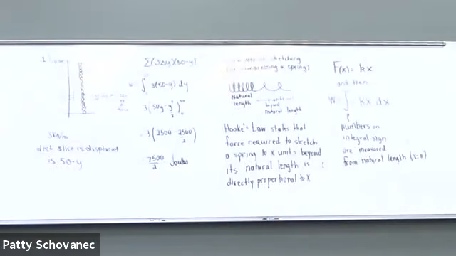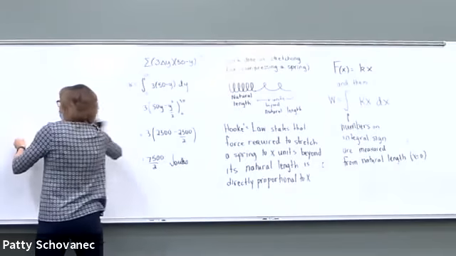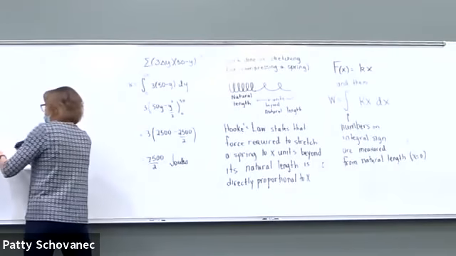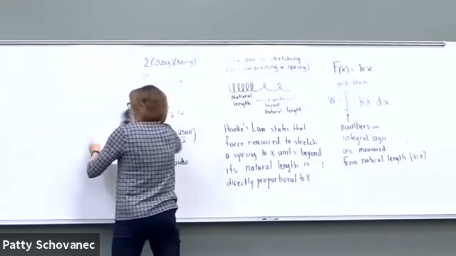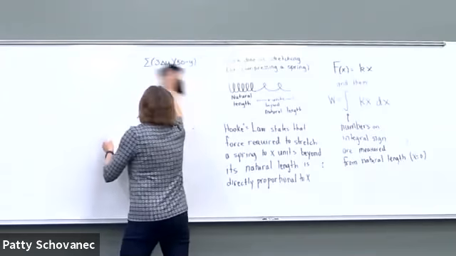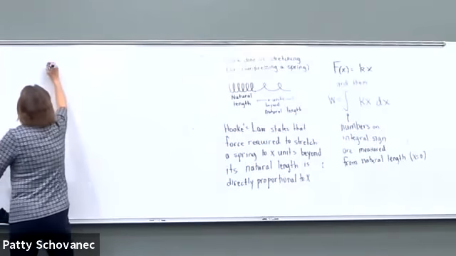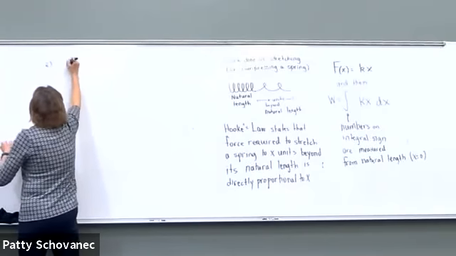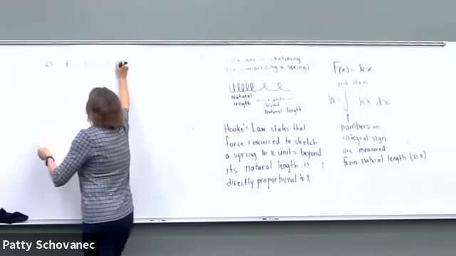So I think we got time to do one of these. Number 2A on this handout says that a force of 3 pounds is required to hold a spring stretched 1 foot from its natural length. Now we want to find the work done in stretching the spring a total of 6 inches beyond its natural length. So we're told the force is 3 pounds to stretch